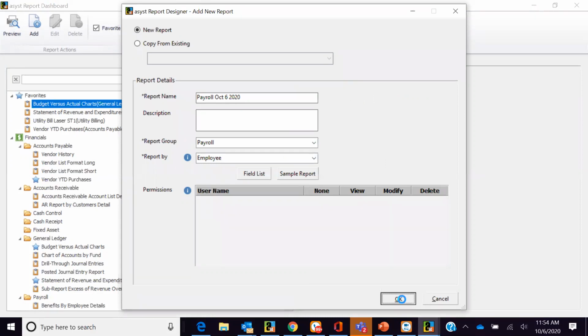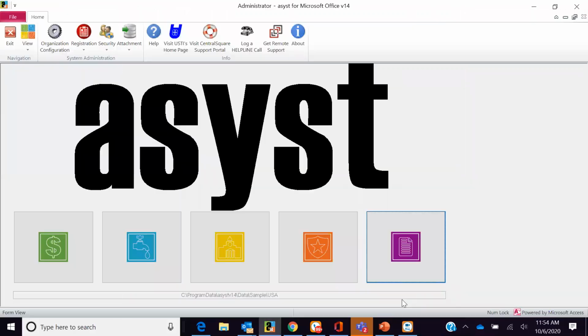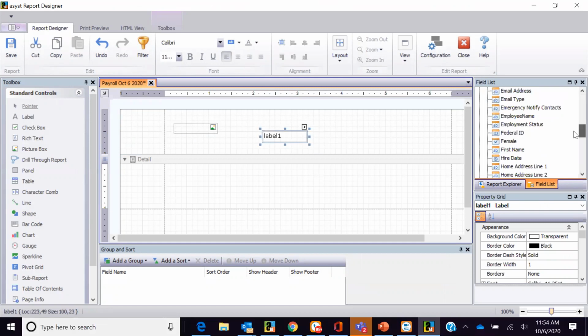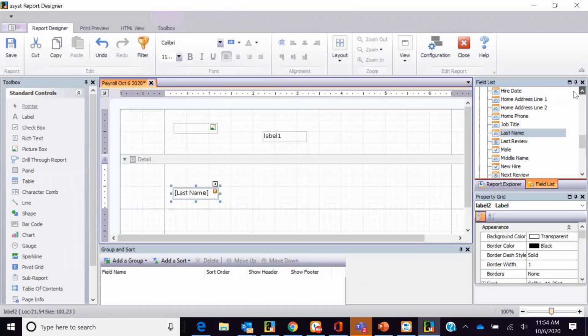And essentially, what we're going to do is give you a blank canvas so that you can pick and choose fields from your database to create any kind of report. So here's a blank screen. The top part of the report, you might want to put your logo here so you can upload your logo, give the name of the report. But the meat and potatoes is in the center. And on the right-hand side, if we would have gone into payroll, these are all the fields that I have in my payroll product. So I might need a report that has the employee's name,